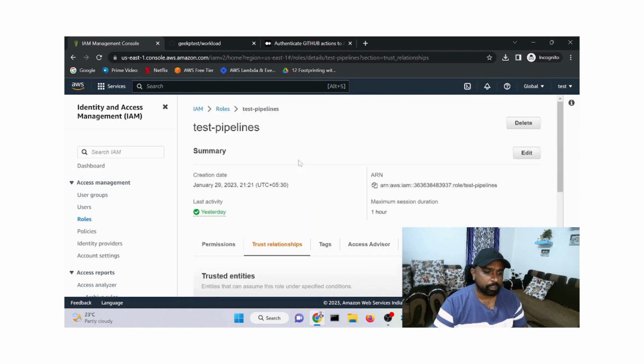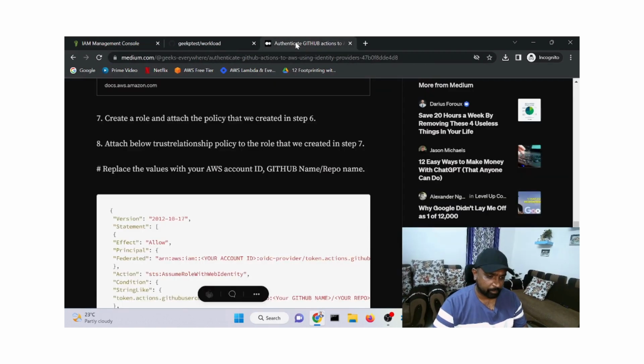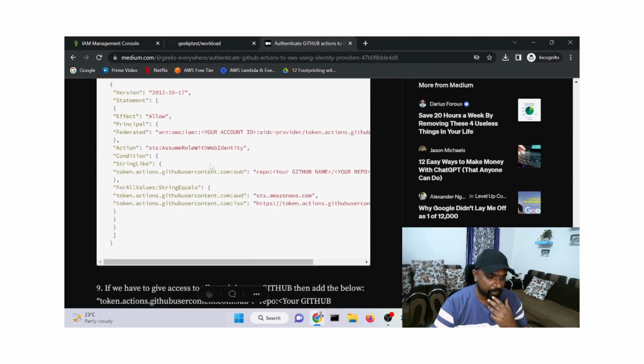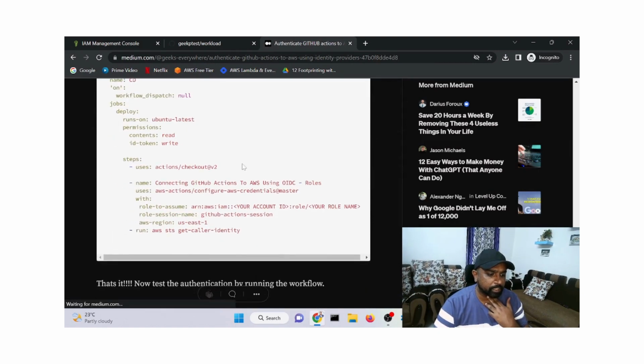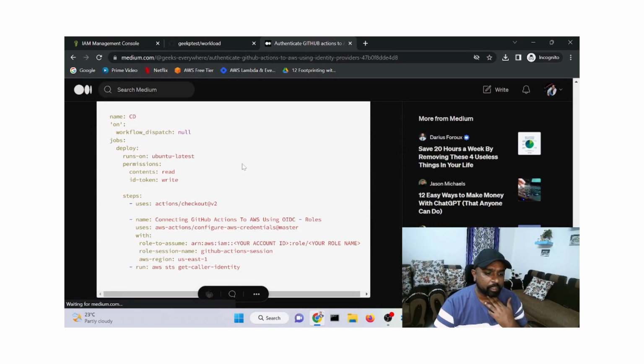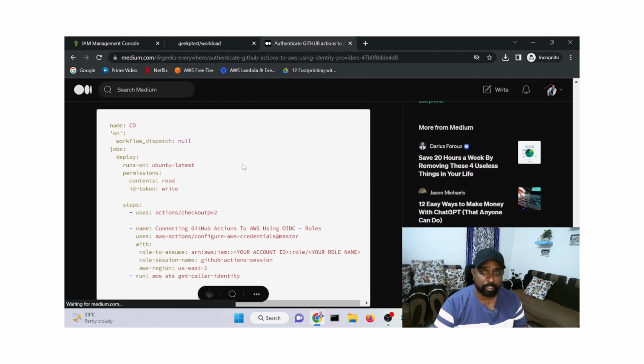Okay, all good. So now what next? So I created here the policy, where you can copy it from here. Once you scroll down, you can check the basic workflow that you are going to add in your GitHub Actions workflow. You can just copy this